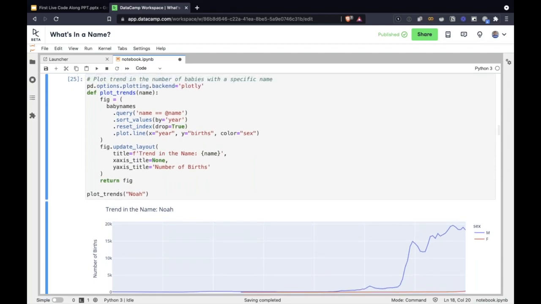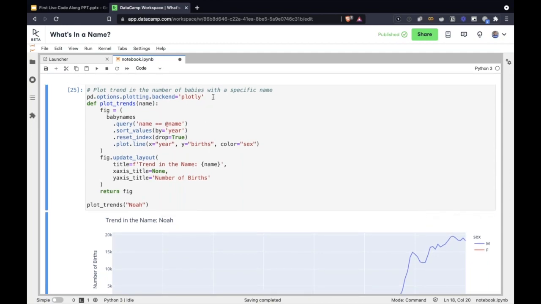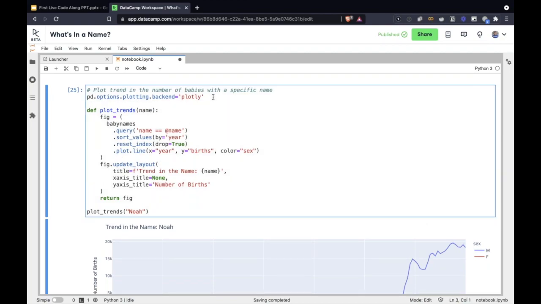So I want to essentially now make this interactive, which means that I want to be able to select the name and choose the plot. Jupyter Lab has a really powerful feature, a module called interact, and so we're going to load it first. So I'm going to say from